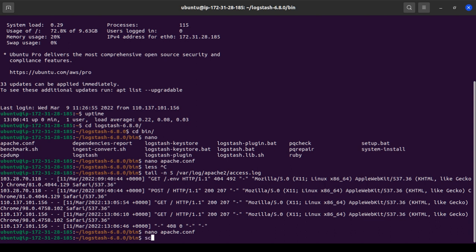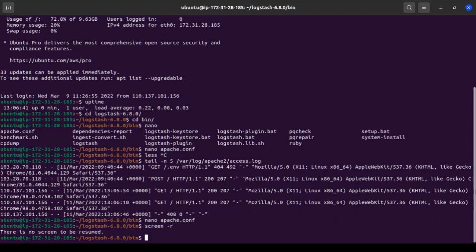So let's try to run this one. Let's check screen first. Okay, nothing in screen here. So Logstash needs to be alive all the time, so we can use screen, something like this, screen minus logstash.